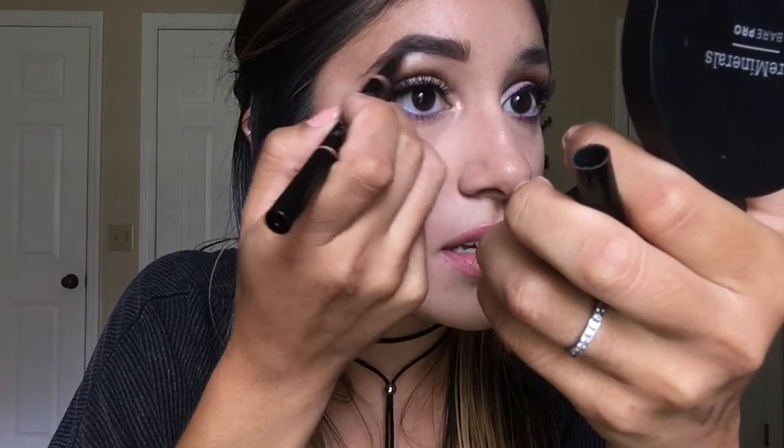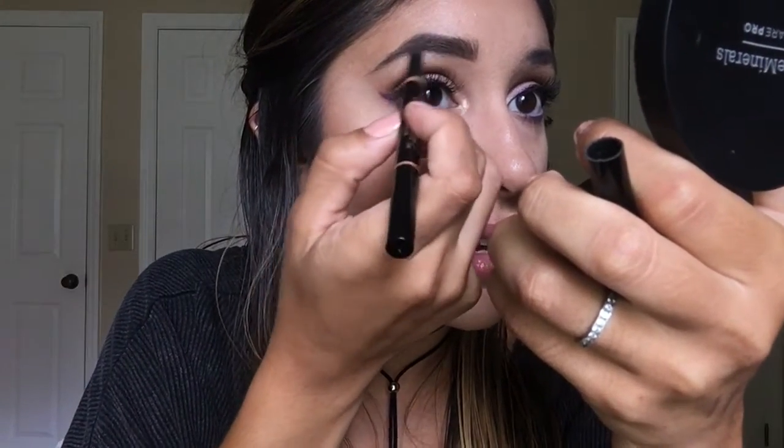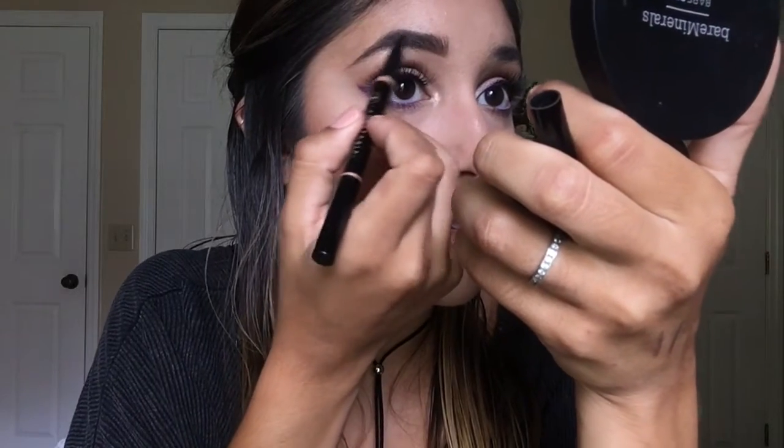Always darkest at the top and at the bottom. The middle you can kind of do to your preference. Some people like slam that product in there. But as you can see, this took me basically no time, and I already have basically the brow I'm gonna be walking around with. So you're gonna go back in with the spoolie,